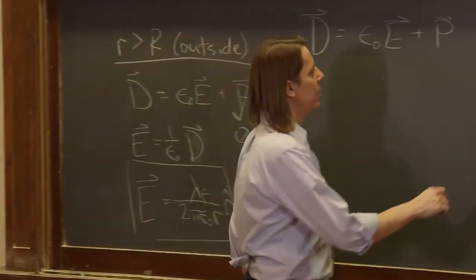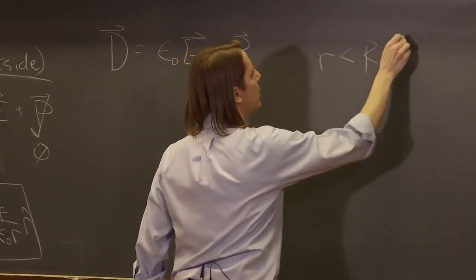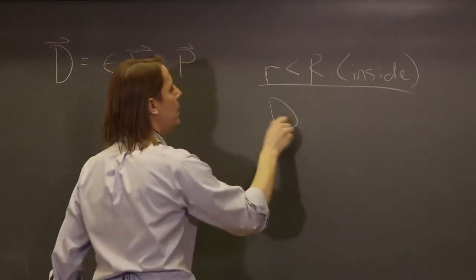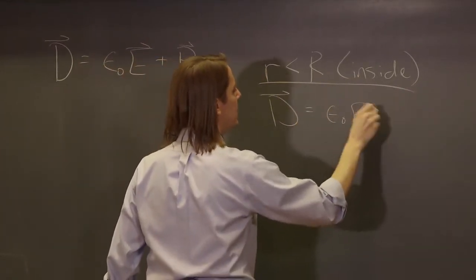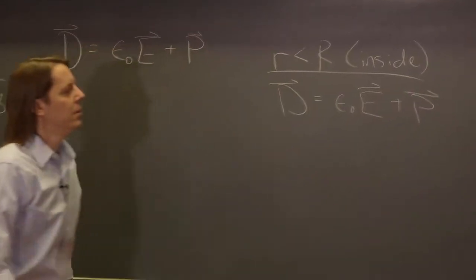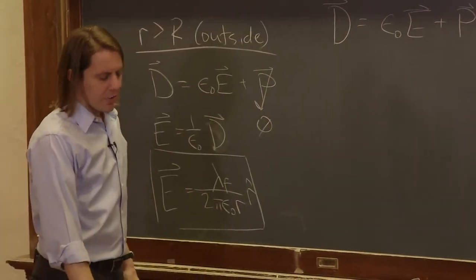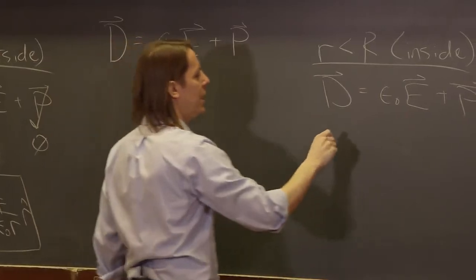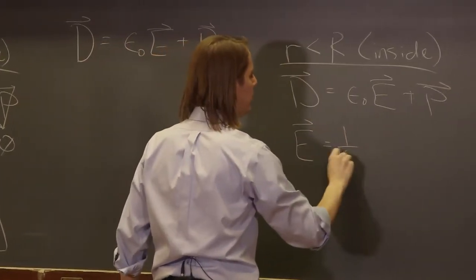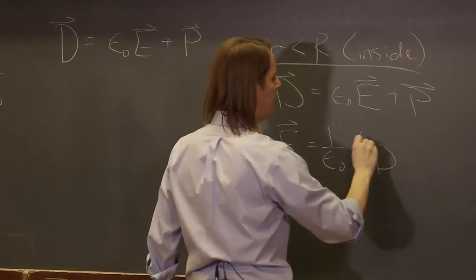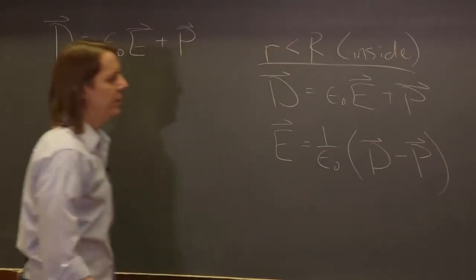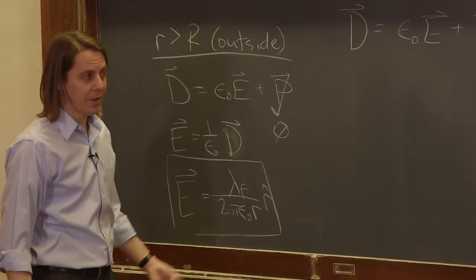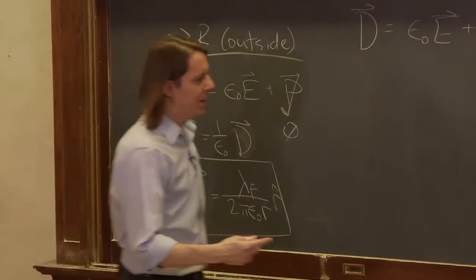Now let's look inside. Little r less than big R inside. All right, so again, we're going to say D is epsilon naught E plus the polarization field. Okay, well, let's solve for E. Bring the P over here, it becomes the E field is 1 over epsilon naught times the D field, the displacement, minus the polarization. And you say, okay, we have D. We got that from the little Gauss's law for D,